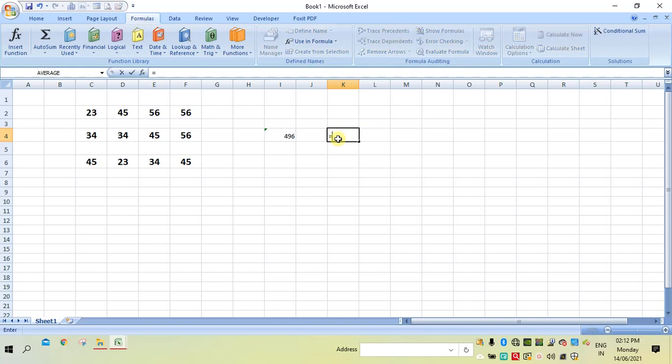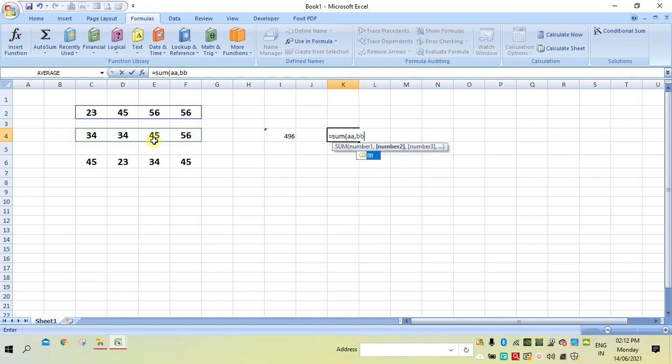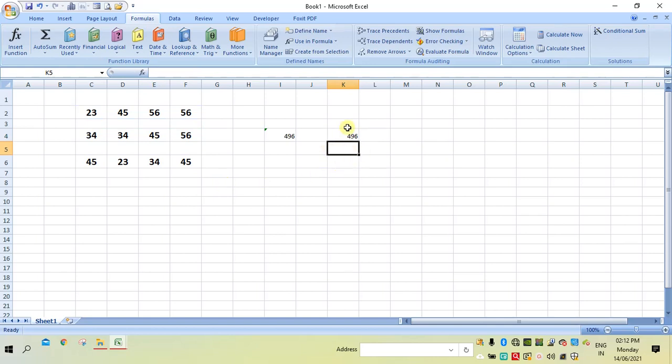For example, is equal to SUM in bracket I will write AA. AA means this group, comma BB means the second group, comma CC. So these all are specifying the first, second and third group. Just simply I will enter. So I will get the same answer as we had previously. So in this way we can define.